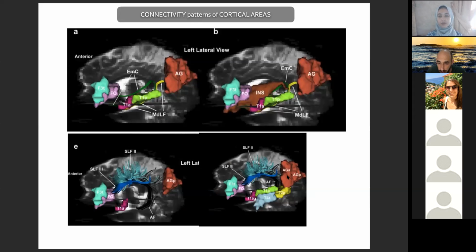Yes, but your angular gyrus also receives information from this blue spider, which is the SLF, superior lateral fasciculus, okay? So back in the days, we thought that it was all the arcuate fasciculus, but actually the arcuate fasciculus is rather connecting this to your premotor and middle frontal gyrus, and not really your Broca's area. So